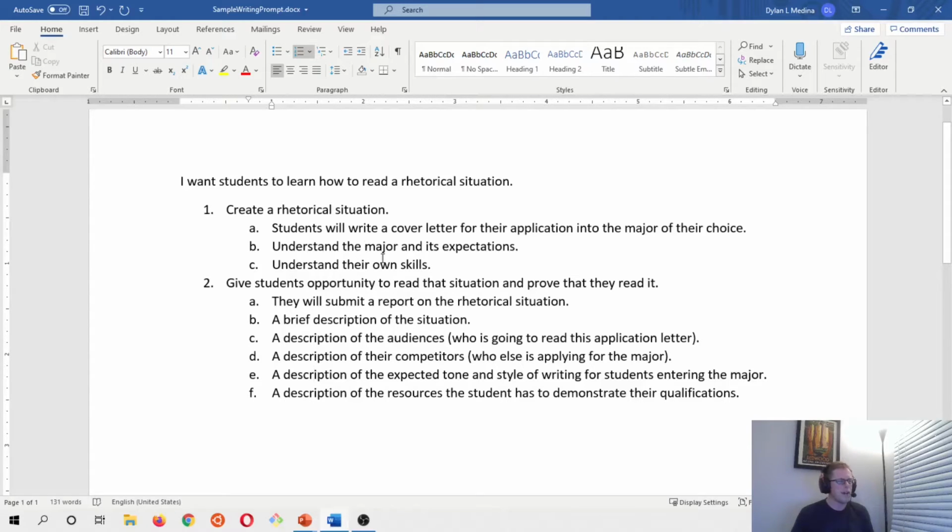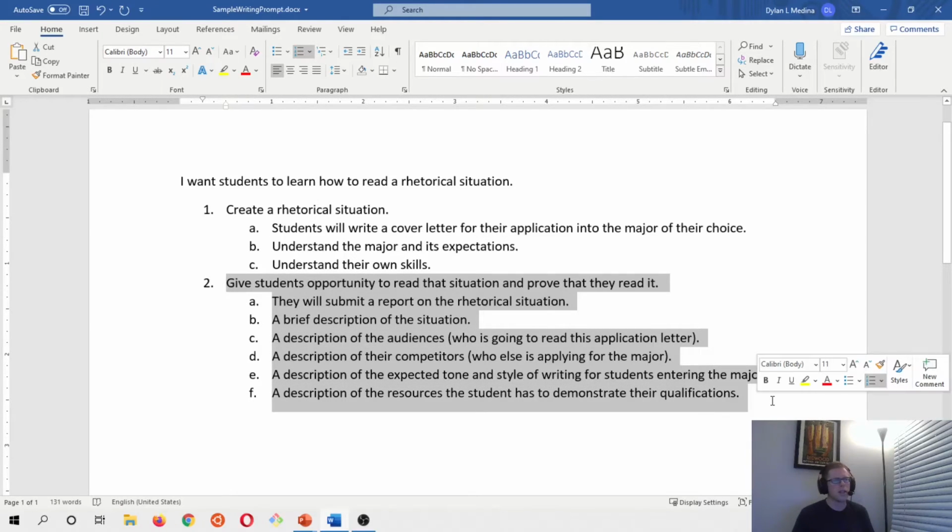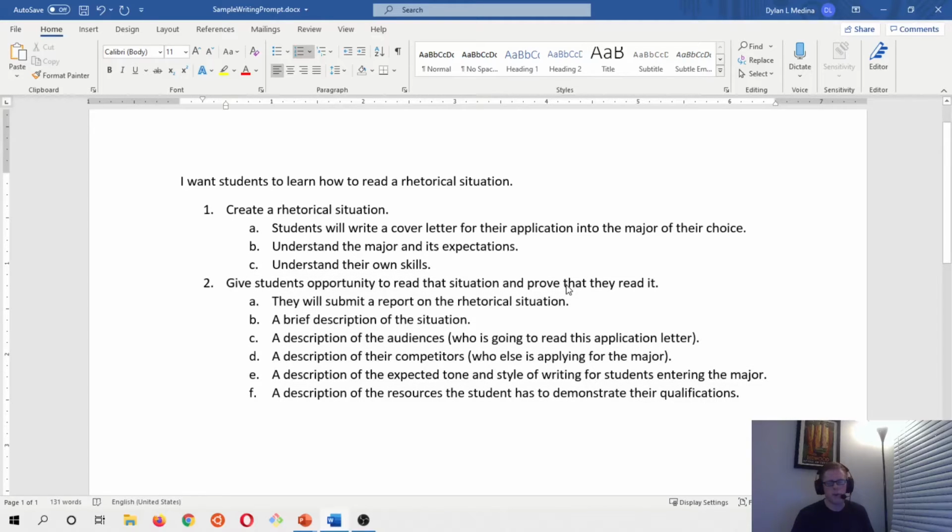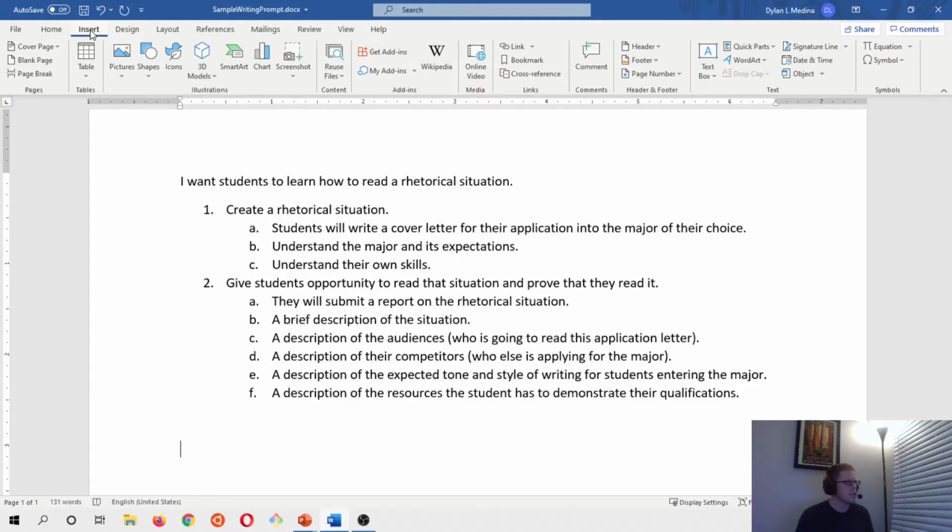So I have a sense now of what I want students to learn, what I need to do to get students to prove that they learned that. They're going to turn in a report of the rhetorical situation, and I've created a rhetorical situation that they're going to respond to, or I've defined a specific rhetorical situation. So now I'm going to write up the deliverables. So I'm going to create a new page,